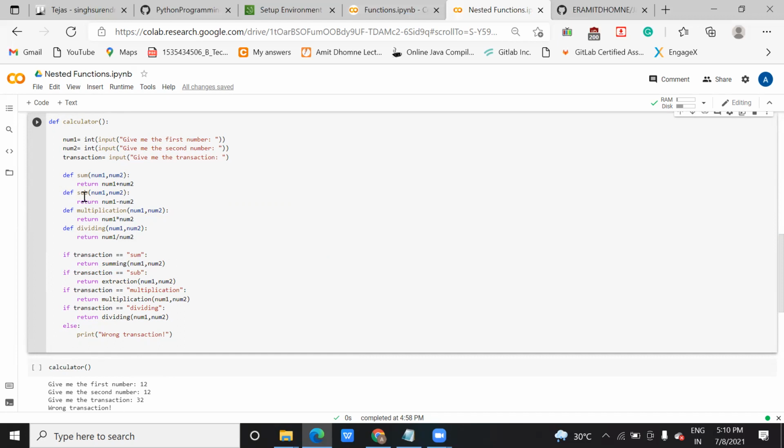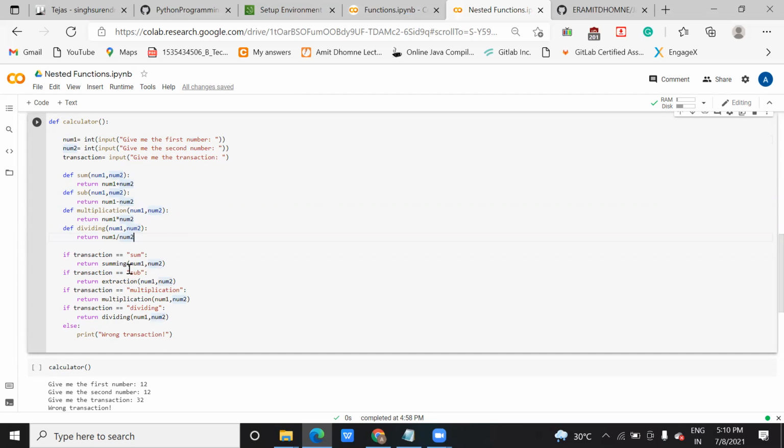Then it will do subtraction, multiplication, division. But in that case, it will check for the transaction also. First thing is accepting the input, and second thing is the transaction. So the compiler will read this, but it won't perform any operation here. As I said, it will wait for the function call.